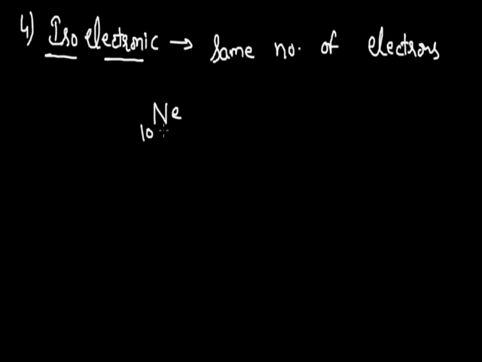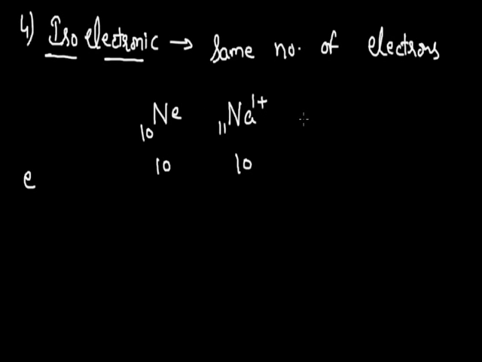Neon has the atomic number 10, and since the atomic number is 10, here the number of electrons is 10. Now if I write the atom of sodium, sodium has 11 electrons, but if I convert this into a cation, the symbolic representation will be Na+, and by the loss of one electron, the number of electrons will finally be 10, that is equal to the number of electrons present in neon. So here these two are isoelectronic species.